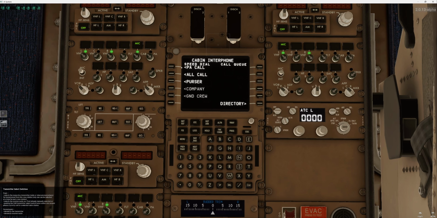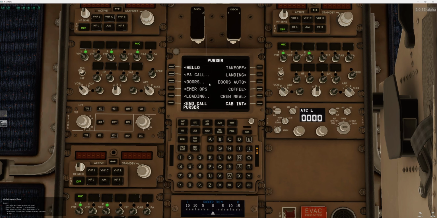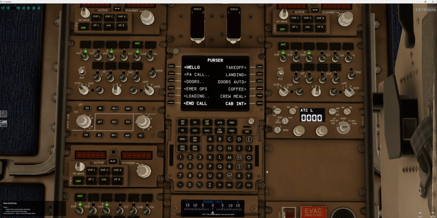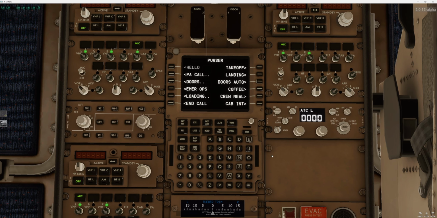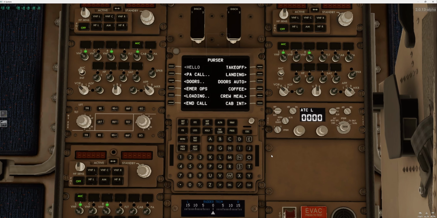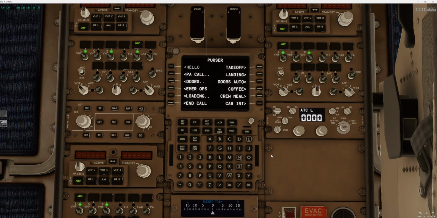This brings us to the purser. The purser handles... This is the captain. How do you hear? Good day. Ready over here. Okay, so as I was saying, the purser handles all of the